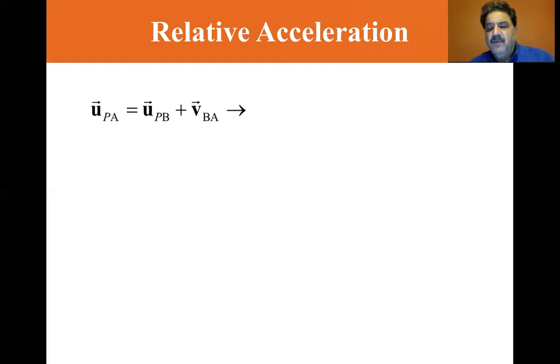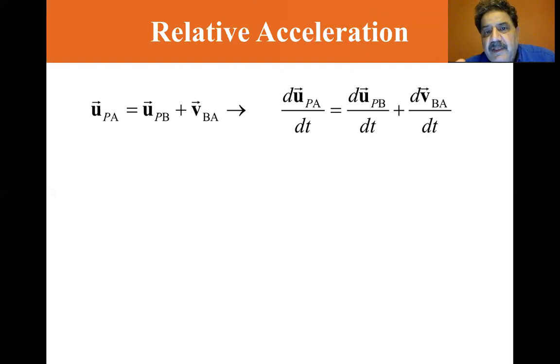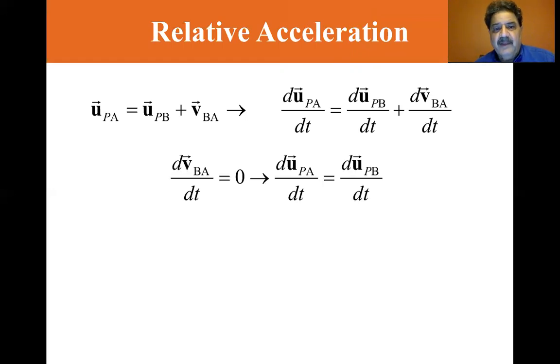Although the observers in two frames measure different velocities for the particle, they measure the same acceleration when VBA is constant. We can verify this by taking the time derivative. dUPA/dt equals dUPB/dt plus dVBA/dt. But because VBA is constant, that last term is equal to 0. So dUPA/dt equals dUPB/dt,